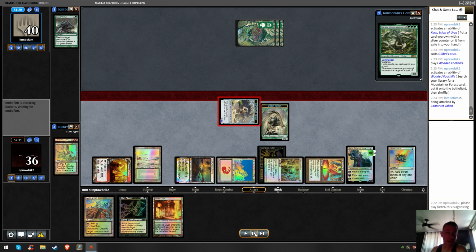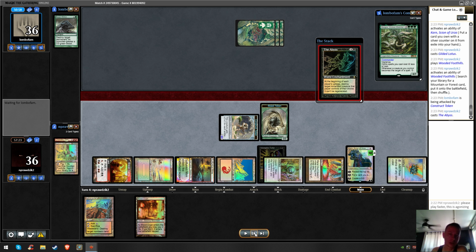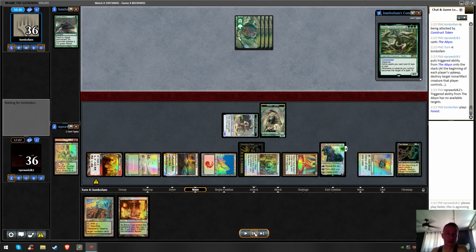So, silly enough, even though my opponent gave me a Beast, I want to be mana efficient, so I'm just going to play Abyss. It's generally fine. It's green after all, so